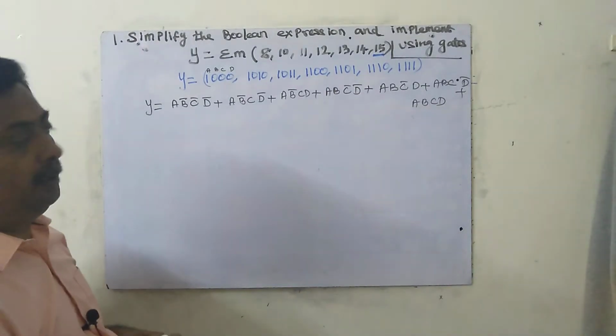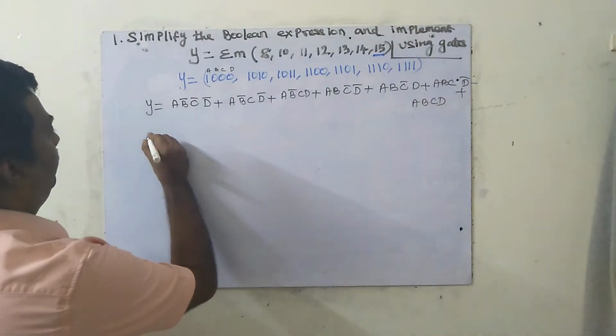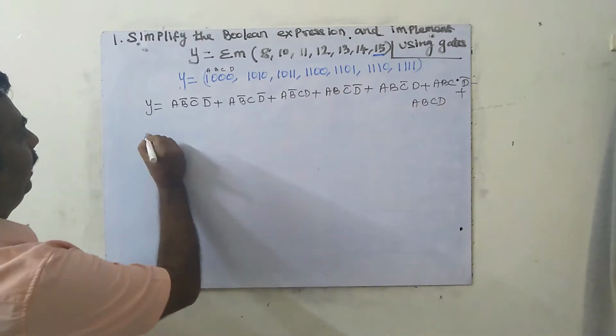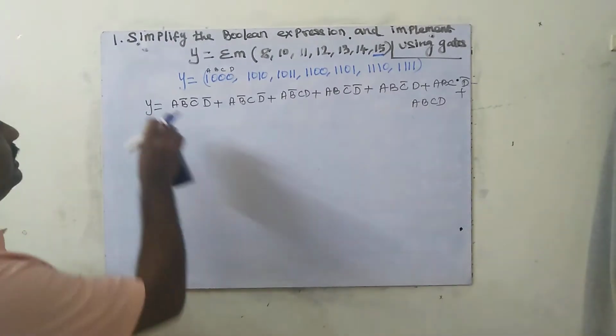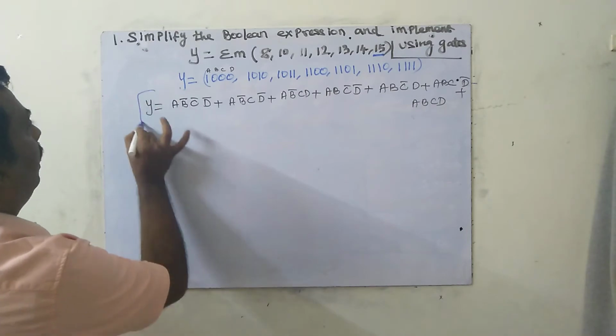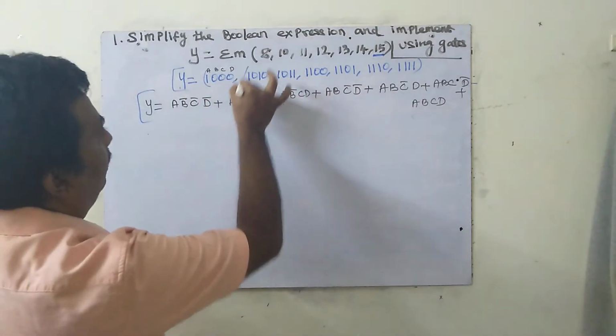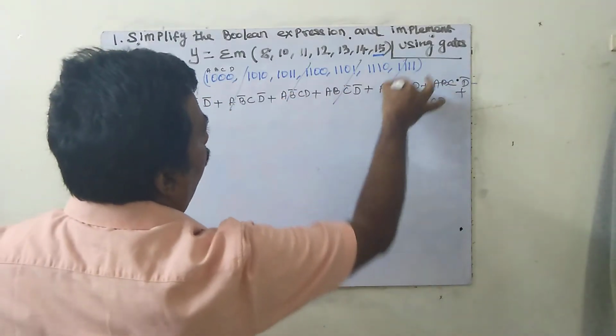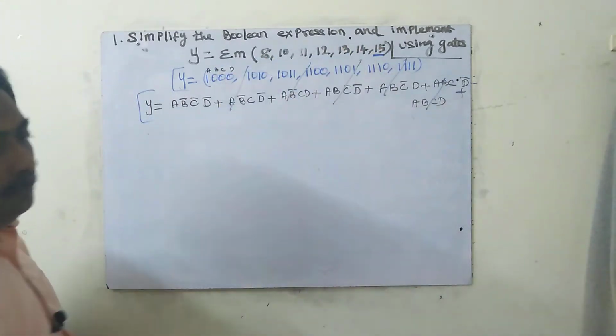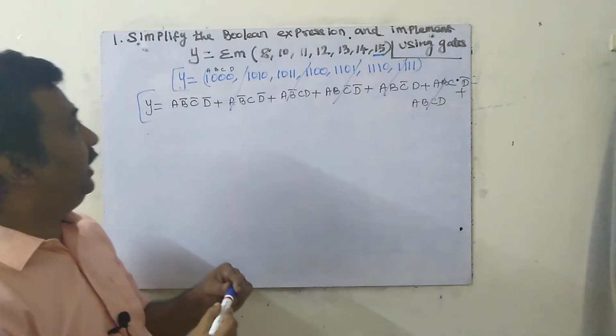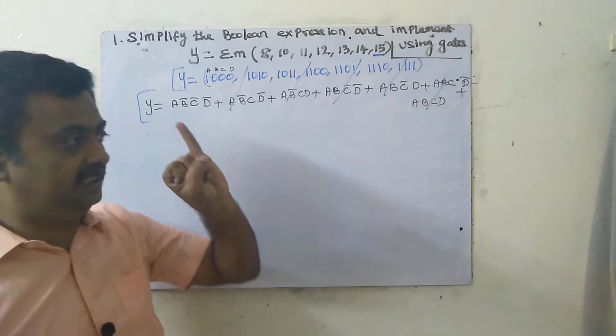K-map for a 4 variable problem. For a 4 variable problem, what is the K-map? So we are going to solve by the K-map method. For the K-map method, this equation and everything else is not necessary. These are all not needed. Directly we can go to the problem. First, we have to check whether the given is min term or max term. This is the first thing.